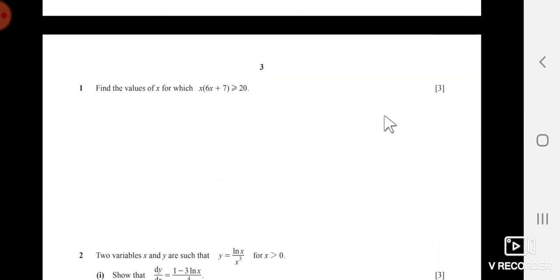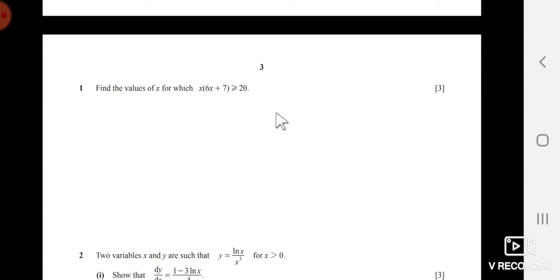Find the values of x for which x times (6x + 7) is greater than or equal to 20. First step of this question, you must take this 20 to the other side. This way you will have your inequality 6x² + 7x − 20. Now this is a quadratic inequality. Then you have to factorize this, or you can use mid-term breaking just to calculate two x-intercepts,